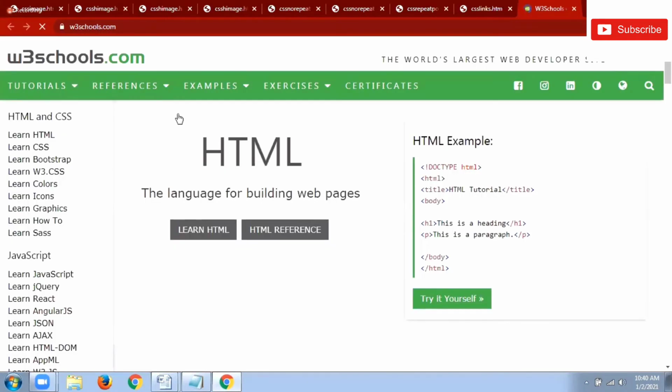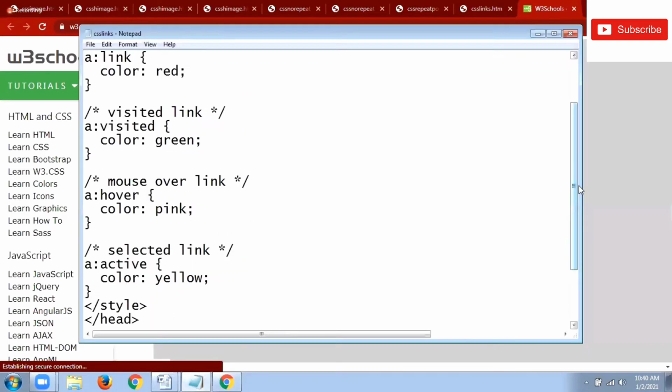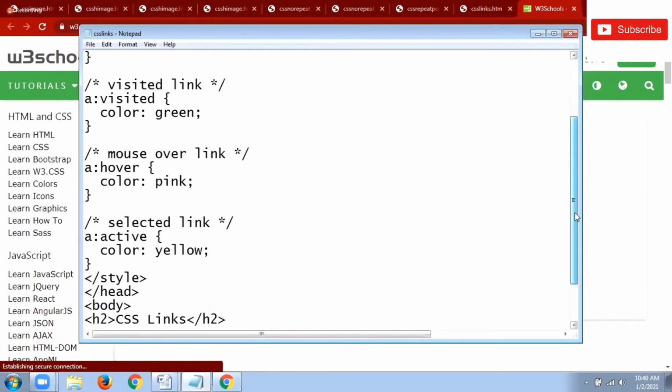So now it enters into w3schools.com, where I mentioned my reference hyperlink. So this is about four types: link, visited, hover and active.